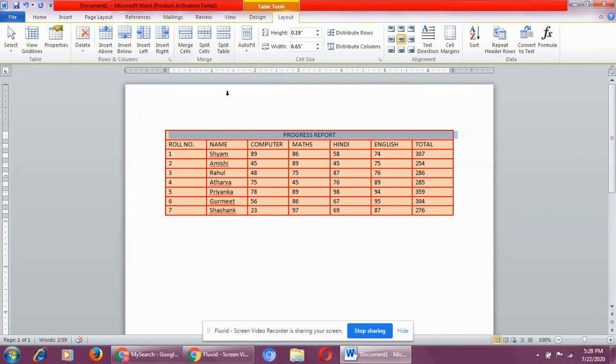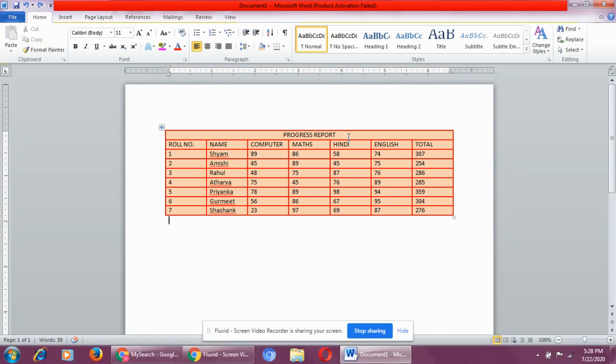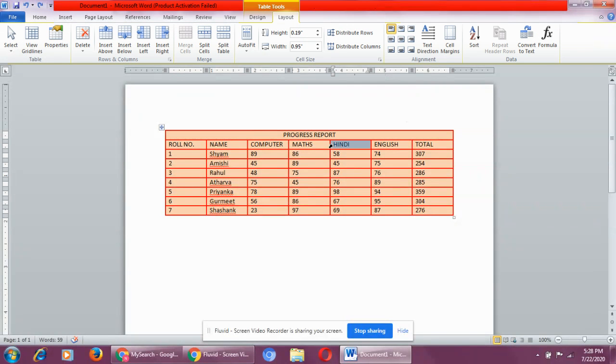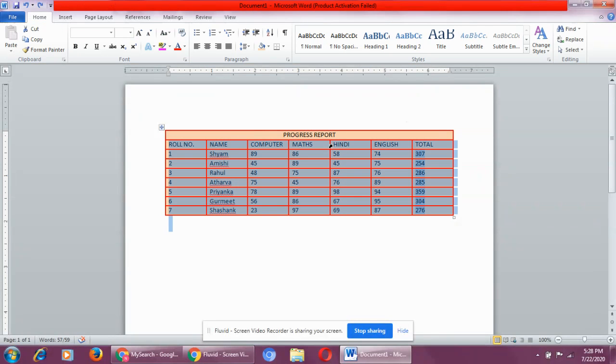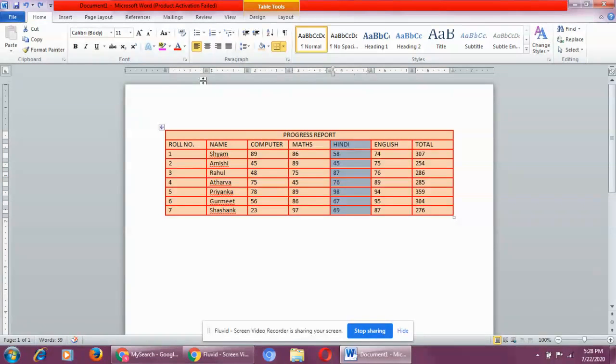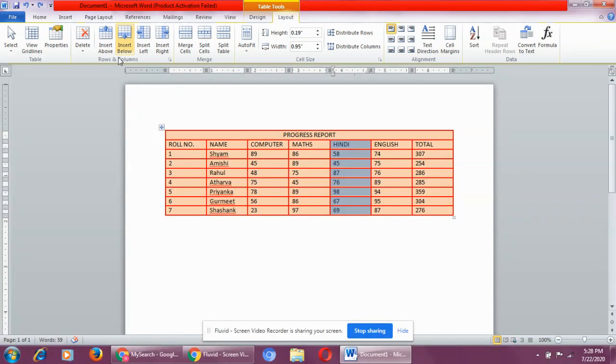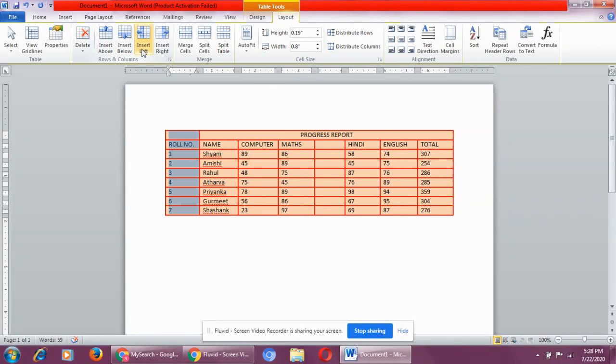I have to add another cell. Click on the layout, insert left. You can see another cell, another column has been added.